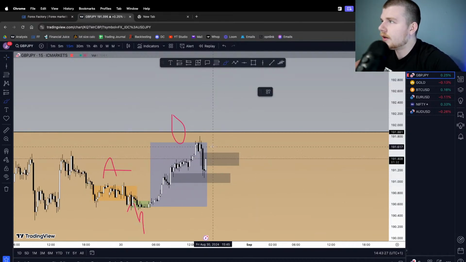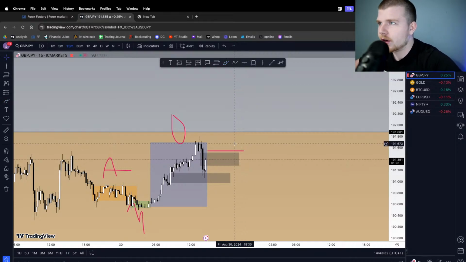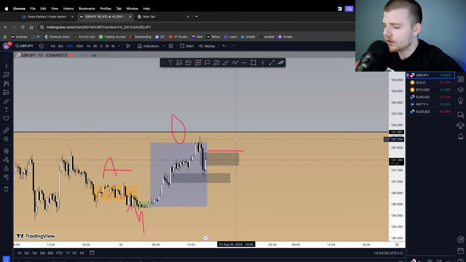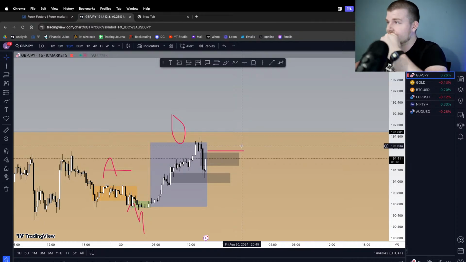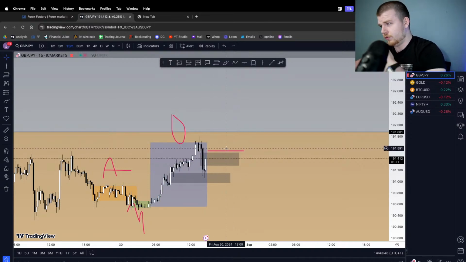If we start disrespecting this fair value gap, I am done. It's Friday. There's not really much to worry about. We're not trying to force any trades here on a Friday afternoon. I've got my profits. I'm more than happy to leave them. So yeah, only taking sells. If we invert this fair value gap, we're done for the day.